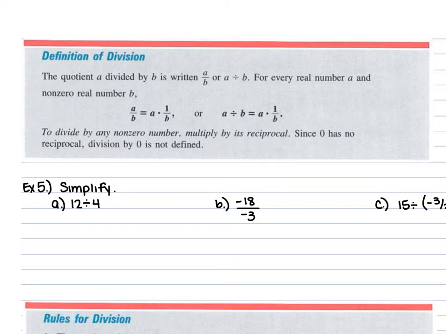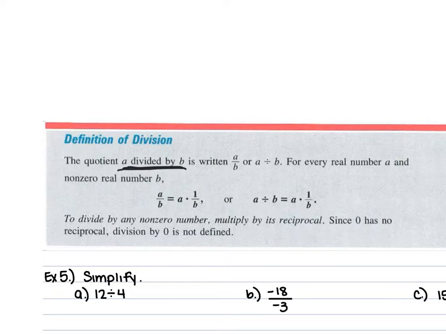Next up, the quotient a divided by b. When we say a divided by b, we have to be careful. When we write that, we can write it two ways. If we were to turn that into a fraction, for example, when I say a divided by b, just think of it as numbers, like 20 divided by 5. When we do that, the first number goes in the top part of a fraction,